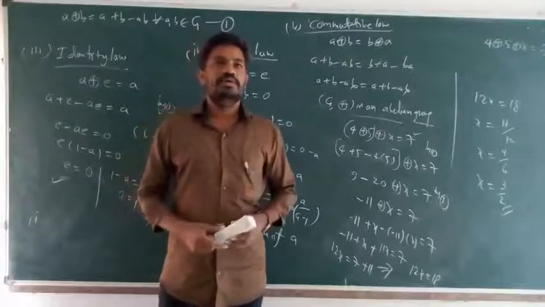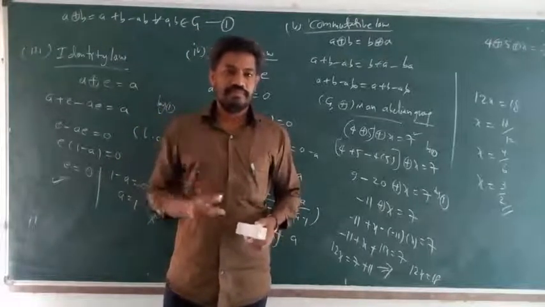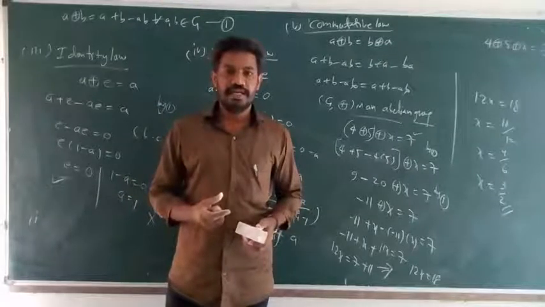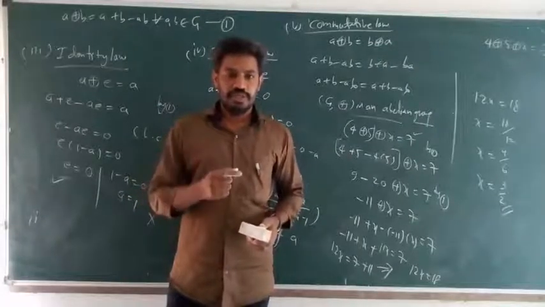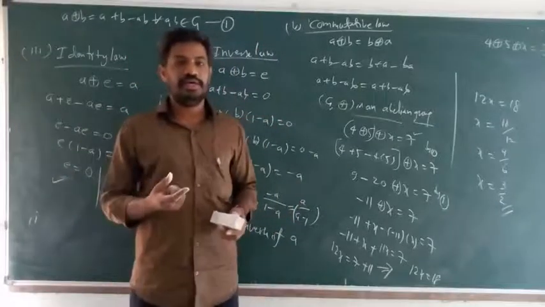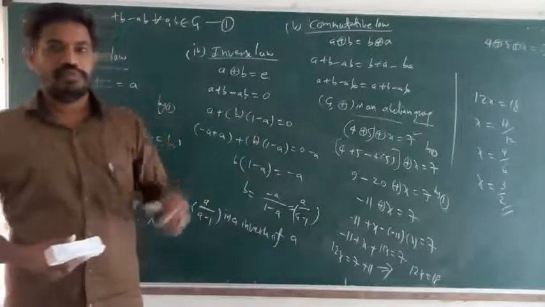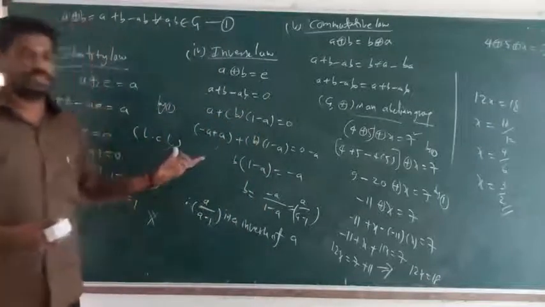That is some entrance points, and very important: Z comma plus is a group and an abelian group. What is the identity element? E equal 0. Z minus 0 comma dot is a group. What is the identity element? E equal 1. That is also a very important entrance level question and answer. So this is the process. Okay, fine.